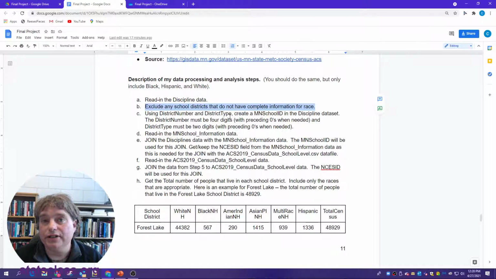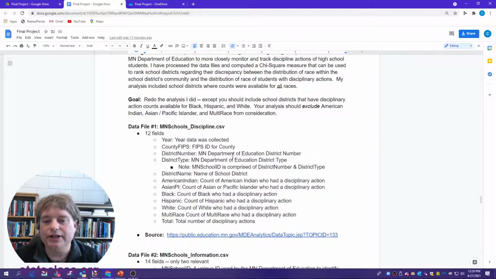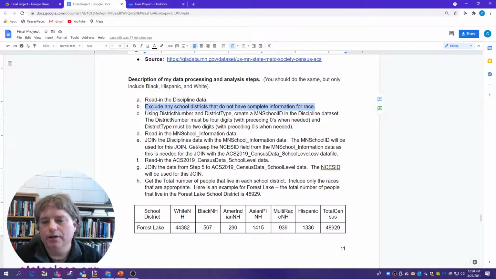The code is actually going to use a total column that is provided in this disciplinary file. But that total is only available when all 6 races have information available. So because you are only going to be working with 3 races, you're going to need to create a new total in the disciplinary file. And that total is going to be for Black, Hispanics, and whites. You're going to need that total when you do the joins with the other